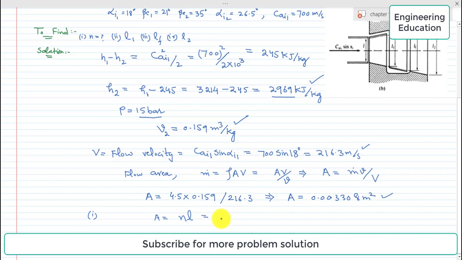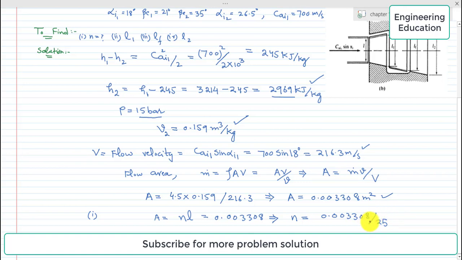So from this it is further equal to 0.003308. So solving it for N, it will be equal to 0.003308 divided by L, and the value of L, which is the nozzle height, is 25 millimeter. So dividing it by 25 millimeter,